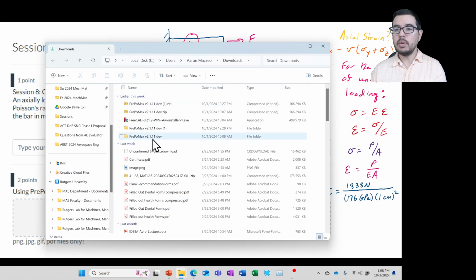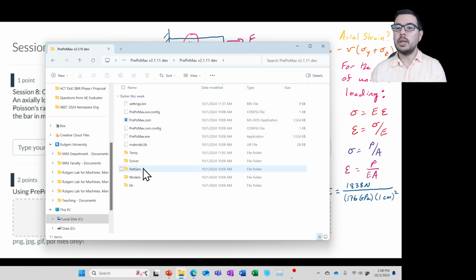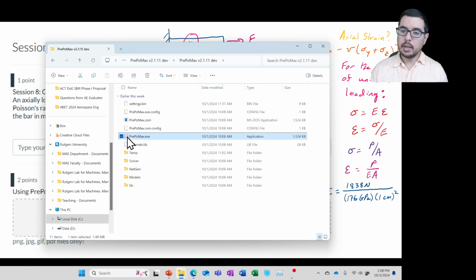We're using one of the developer versions here that's been extracted, and it's pretty recently downloaded, I guess beginning of the month. If you look at the notes from class, you'll see how you can go about downloading and extracting it, but we're going to bypass that here and go ahead and run it. So I'm going to double click here on PrePoMax.exe